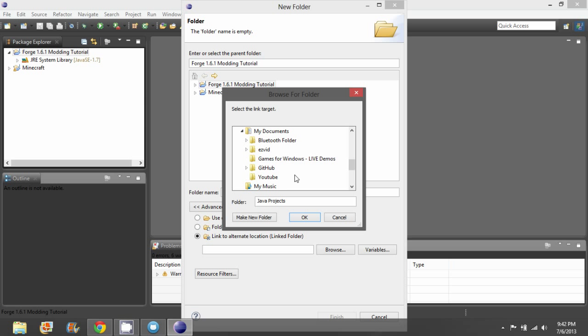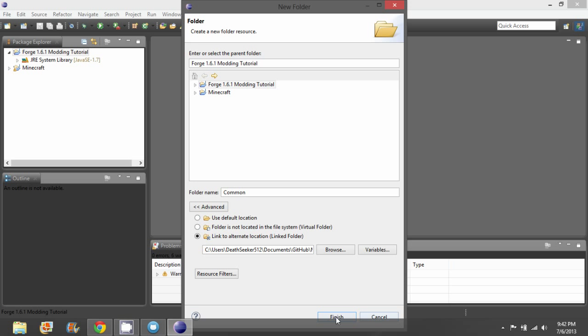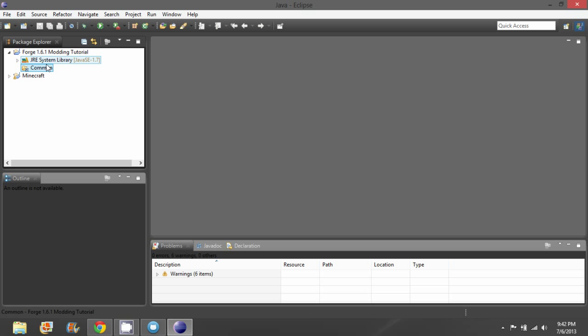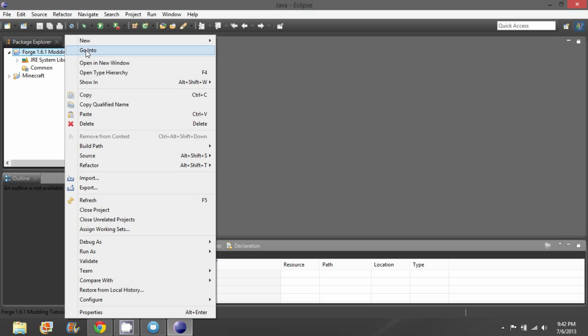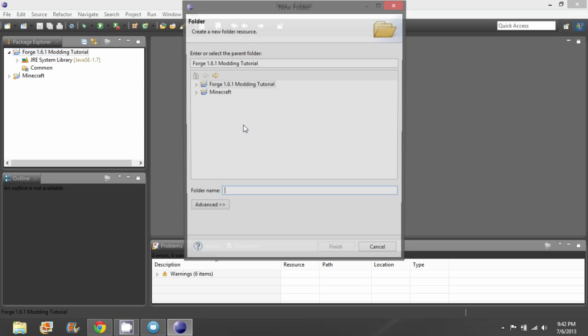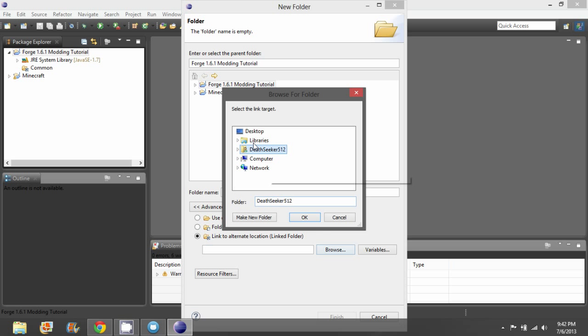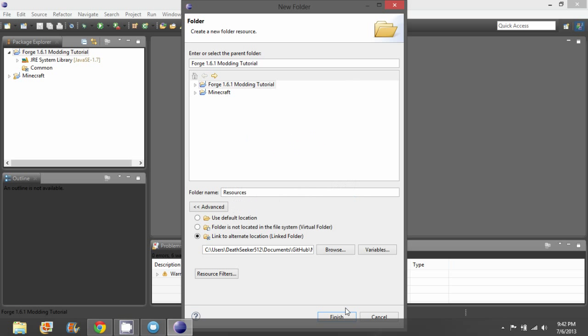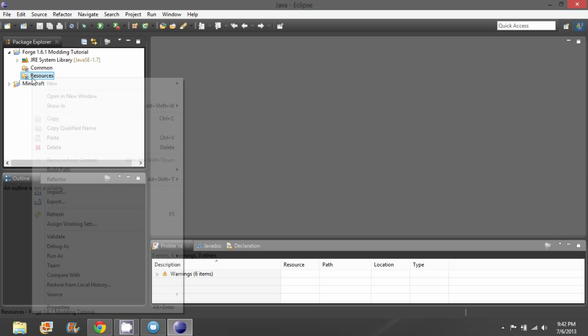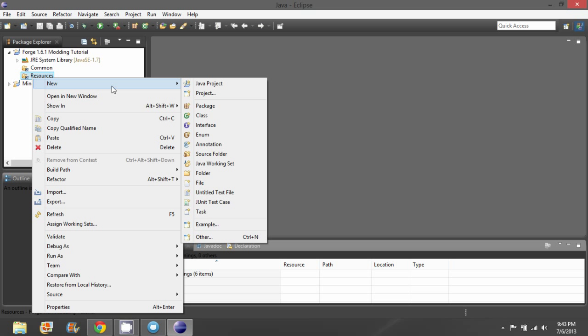Okay, yeah, my documents, GitHub, Minecraft, common, and then finish, and do the same thing. New folder, advanced, link to alternate location, browse, same place, my documents, GitHub, resources, okay, finish, right click on, and then new source